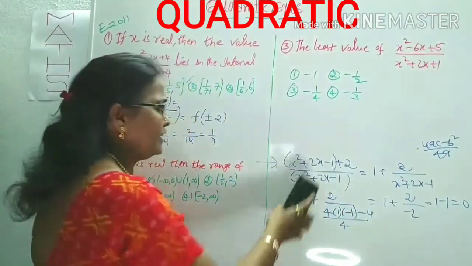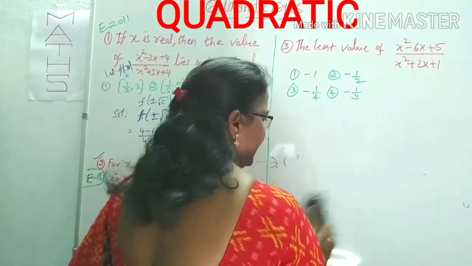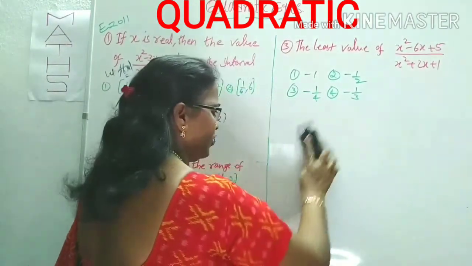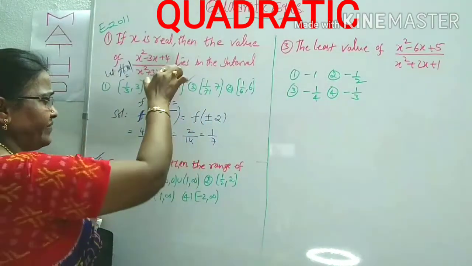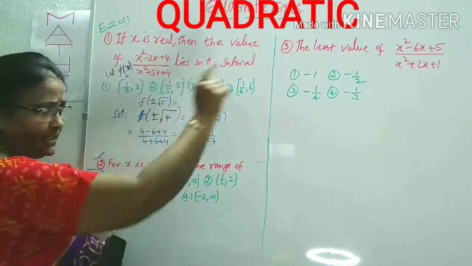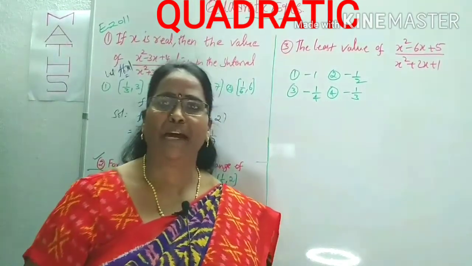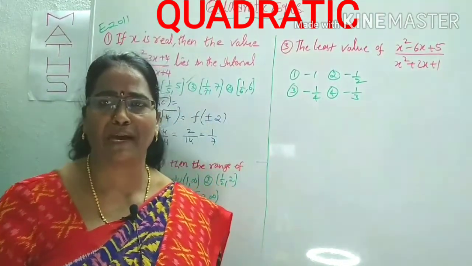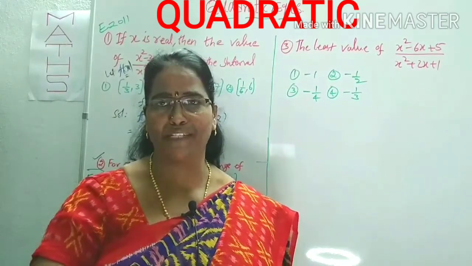Here also, what can you think? We can think of y, let it be taken as y. If you take y, it is a long process. And this expression is not in either this form or this form. That is a different form. In that case, what do you have to do? You know, in the case of maximum or minimum, for either maximum or minimum, the derivative of the function should be 0. That concept I am using here.